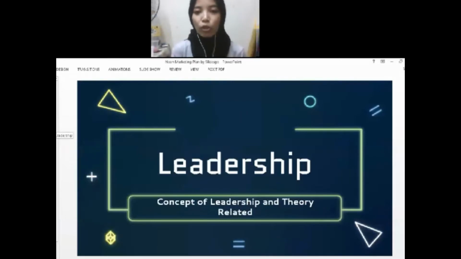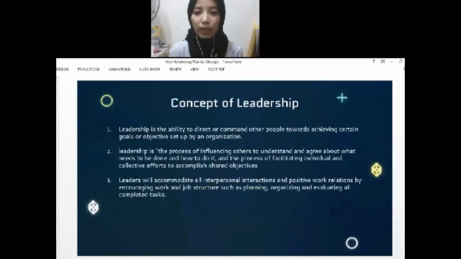First and foremost, we need to know what is meant by leadership. So, leadership is the ability to direct or command other people towards achieving certain goals or objectives set up by an organization. Based on scholars, leadership is the process of influencing others to understand and agree about what needs to be done and also how to do it, and the process of facilitating individual and collective efforts to accomplish shared